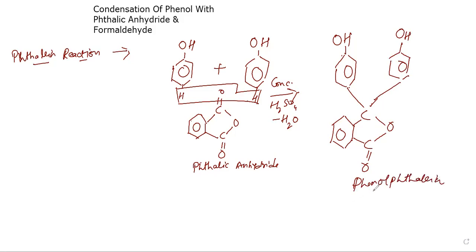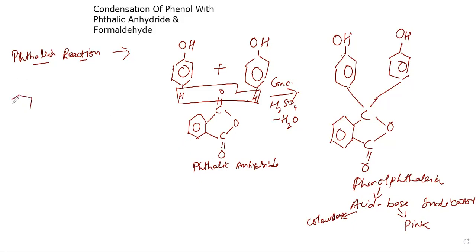Right? And this is an acid base indicator. Just need to know a little about this compound. It is used in acid base titration reactions. In acidic medium, it remains colorless, whereas in basic medium, it turns pink, right? So this is how it is used to test acids and bases. It's an important use. Now let's see how we got this phthalic anhydride.